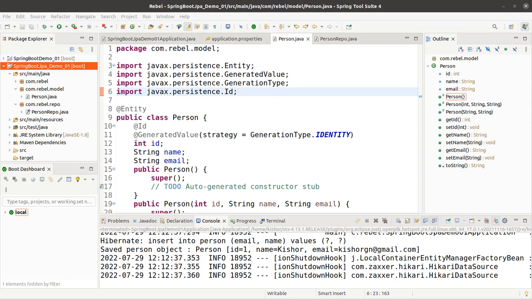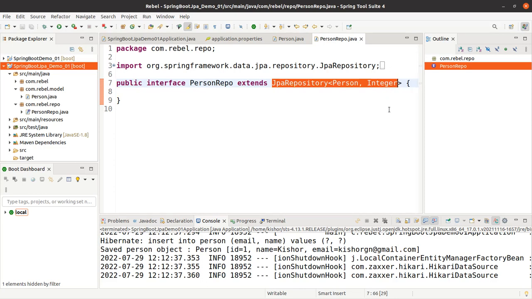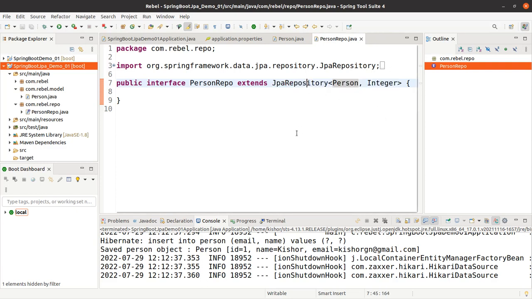Right. So far, in the previous session, we observed how we can use JPA repository using a Spring Boot application. JPA repository is the interface, and we define its sub-interface. That sub-interface allows us to perform all our CRUD operations. Why do we define the sub-interface? This is to mention the type of entity and the type of the primary key field. These two things we mention as type parameters of JPA repository while we are creating